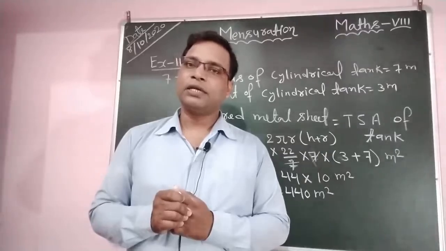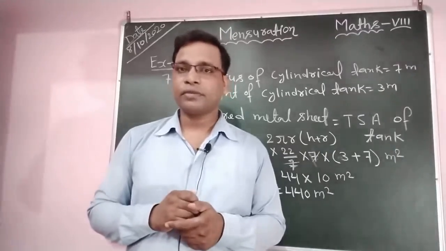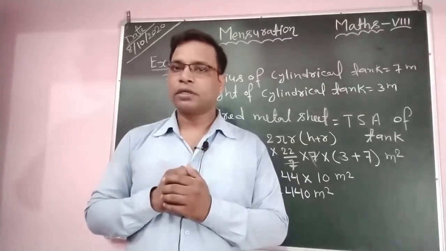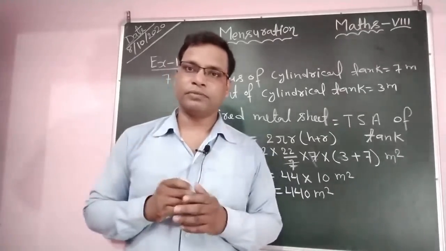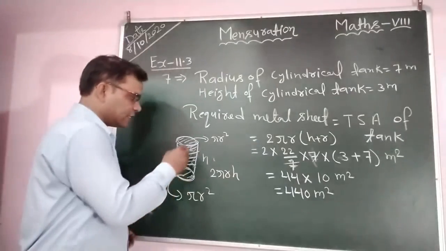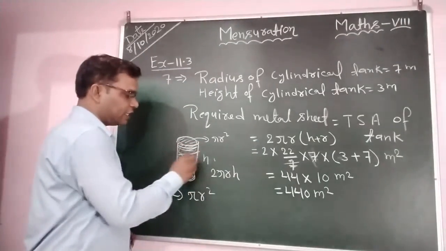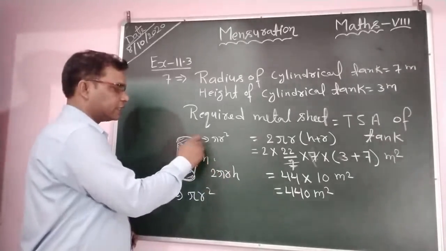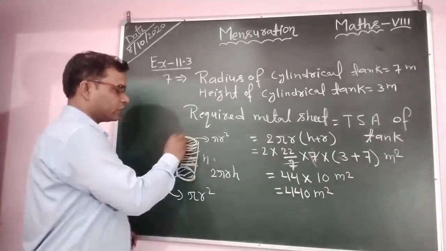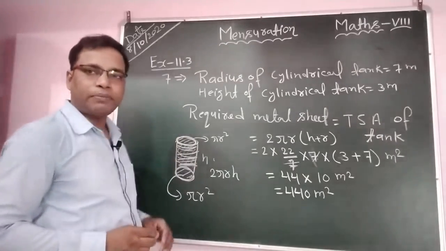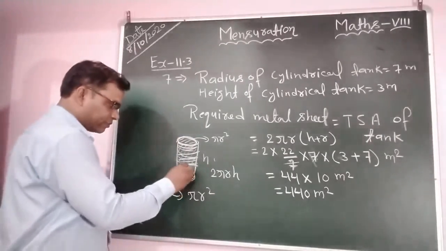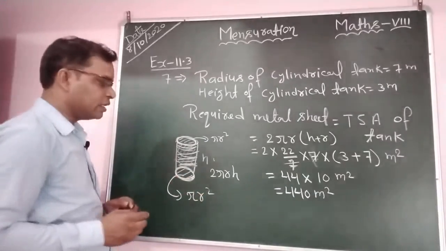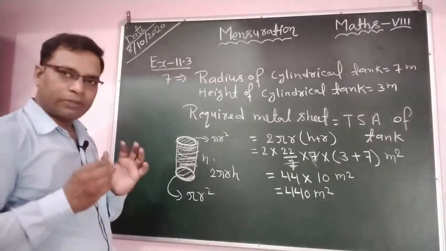this is called the total surface area of a cuboidal room or cubical room. But in this case, you can see this is a curved surface area, 2 pi rh, and this area is circular. The area of a circle you know very well, pi r square, and this is the base circular area. Also this is pi r square. If you add them, then you obtain the total surface area of the cylinder.